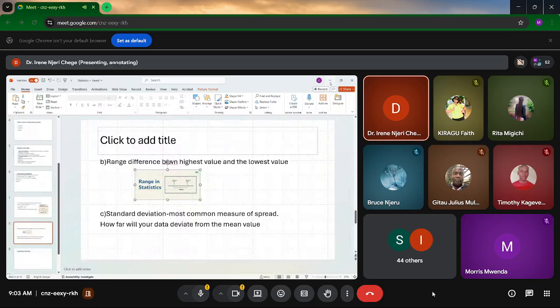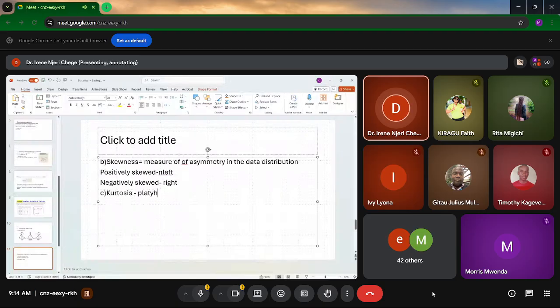But the last, let me just tell you, the last measure of dispersion is kurtosis. So just go and look what this kurtosis is. We used to say it is platykurtic. I never teach these things because it should be covered in another topic, but just listen. It can be mesokurtic, or it can also be leptokurtic. Leptokurtic. Okay, because I'll never say it again,